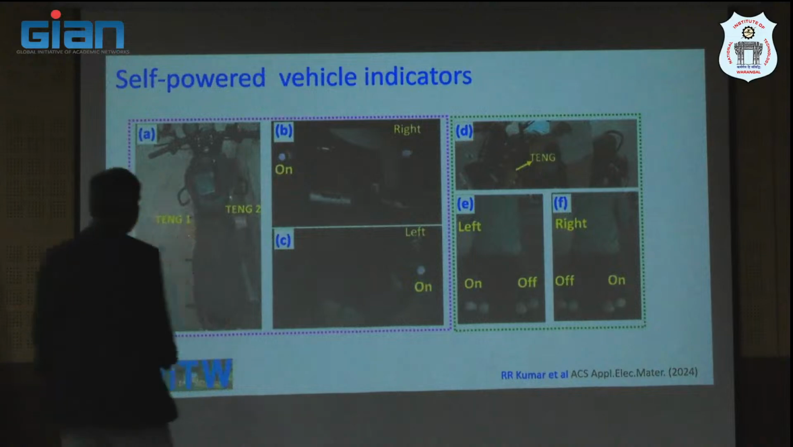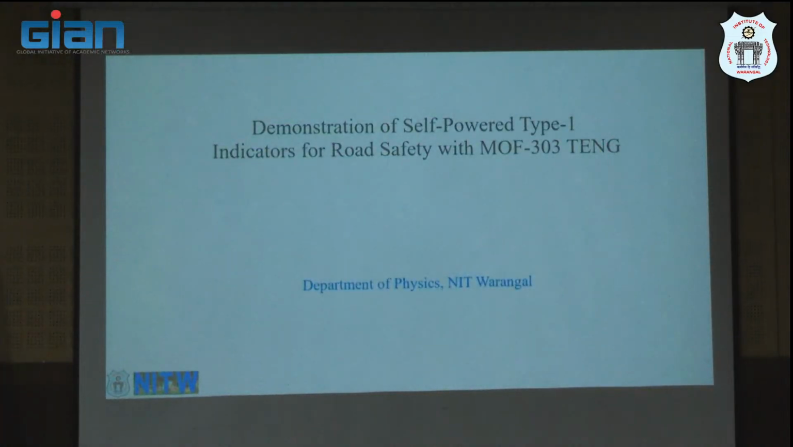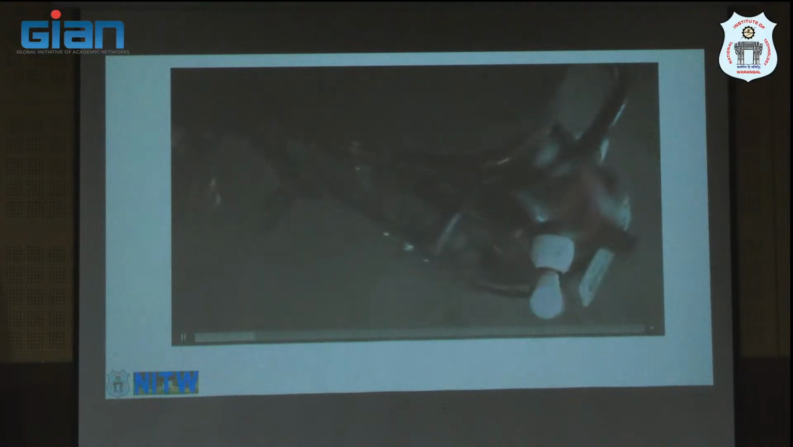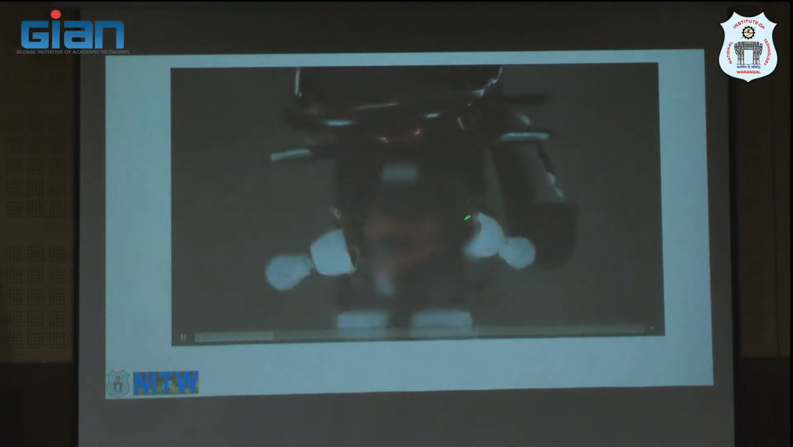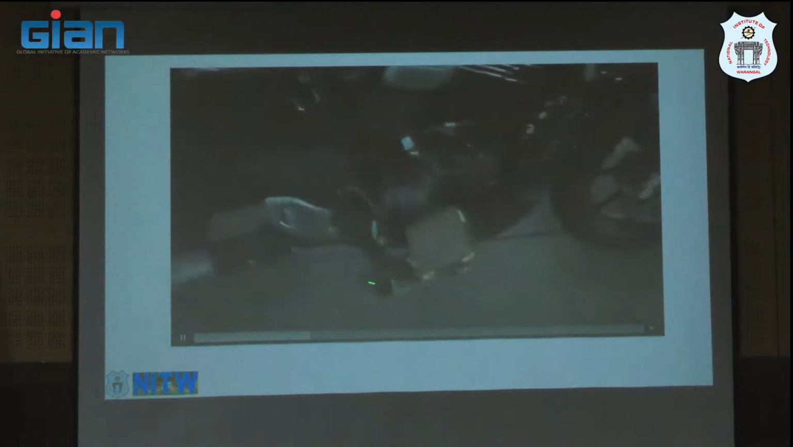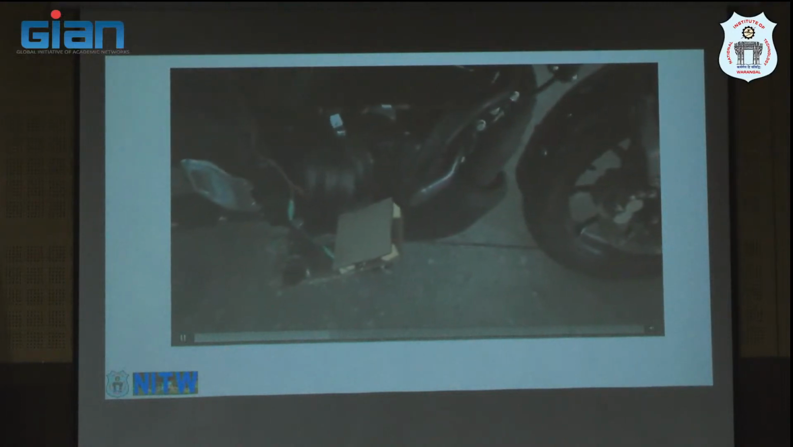So I have a video, I will show you now. You can check out this real-time video that we have recorded in our department. So you can see this is the TENG at the footrest, and these are the 2 LED lamps which are connected through wires, and this is another TENG at this place. If someone taps on this device 3-4 times whenever you want to take a left turn or right turn, you can see now he is tapping the device here and